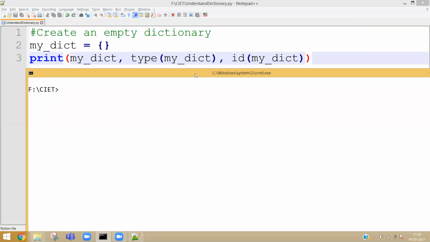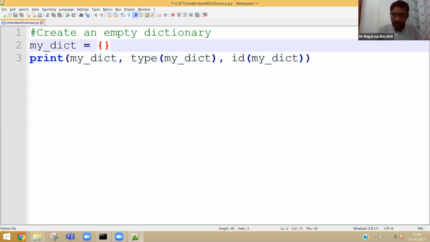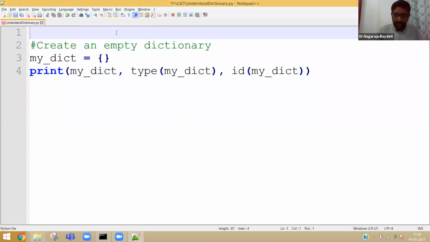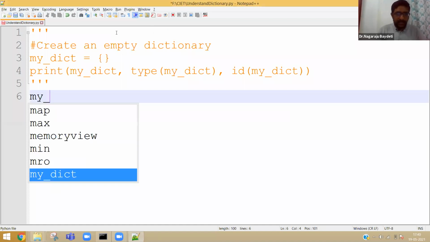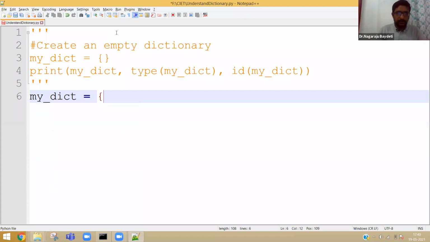Yes. Continuing. Thank you. So let us try to create some values. Instead of an empty dictionary, see, the empty dictionary is only for our understanding of how a dictionary can be defined. Now let us see a dictionary with some keys and values. So my dictionary is equal to, you have to give the key, for example, names.